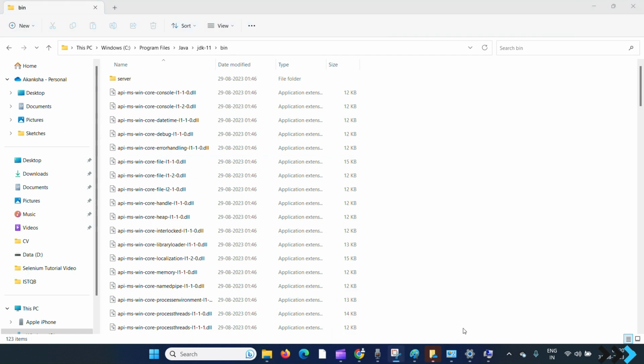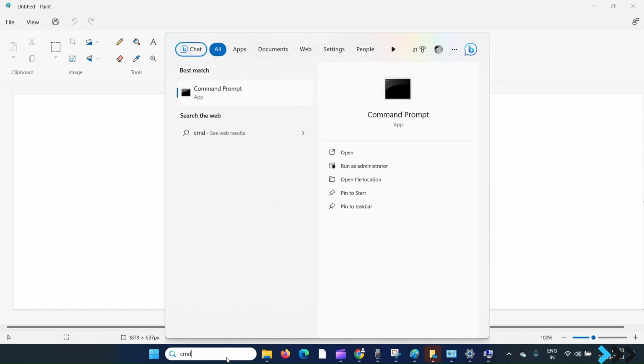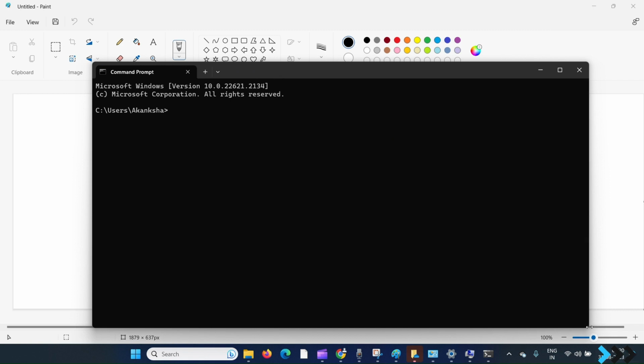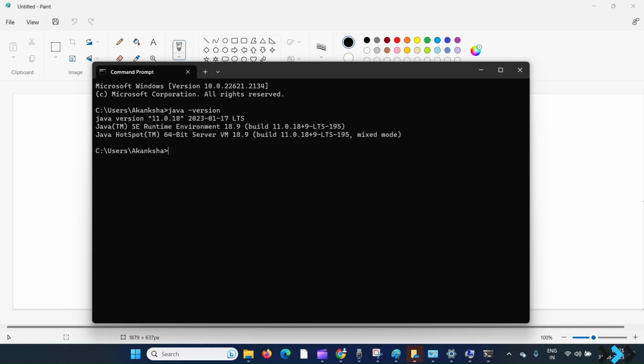So now what you need to do is simply check. You want to check whether Java is installed in your system or not. For checking Java, just open command prompt, cmd. When you type cmd in the search bar, you can see command prompt will open, right? Just click on this. Once you click on this, a window will come, right? And here you need to type java space hyphen version. Once you type this, after that you simply click on the enter key. Once I click on enter, the Java version will show for me because Java is already installed, right?